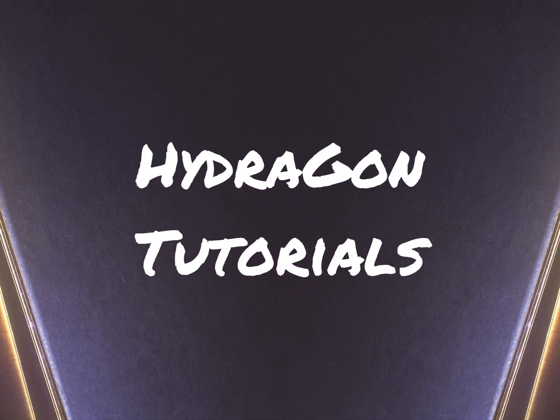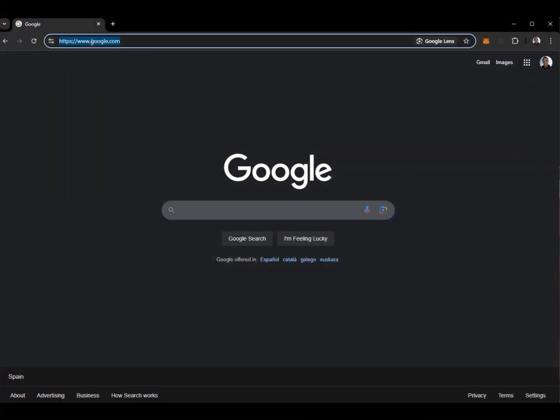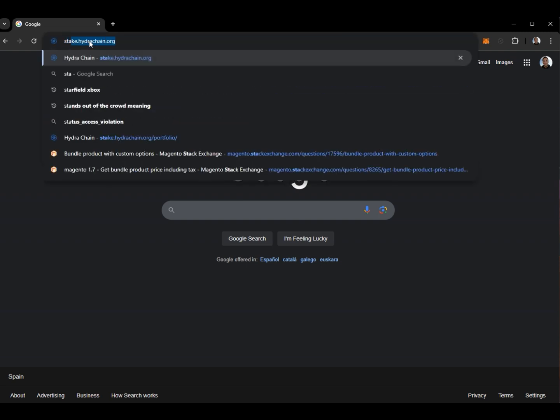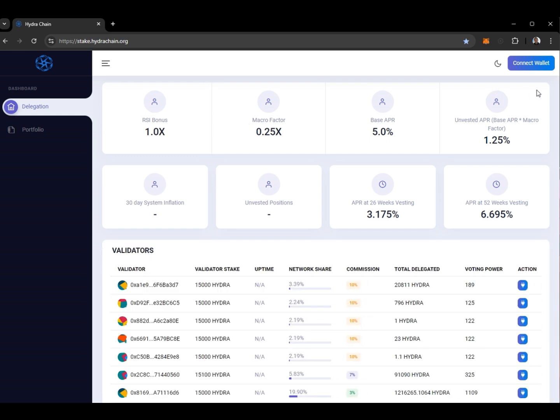Welcome to HydraGon Tutorials. In today's tutorial, we're going to talk about staking Hydra using the official staking platform. To start staking Hydra, use your browser to open the address stake.hydrachain.org. You will begin on the delegation page, where you can see current staking data and a list of available